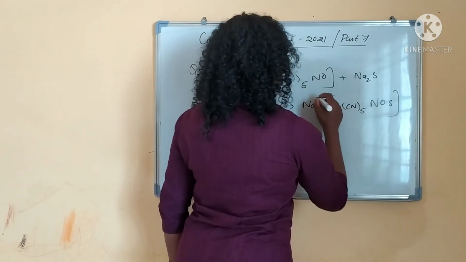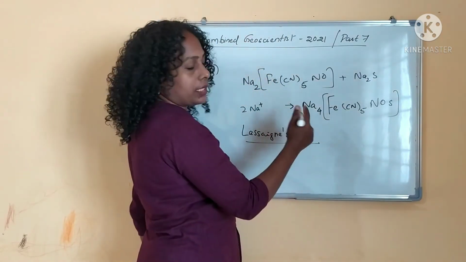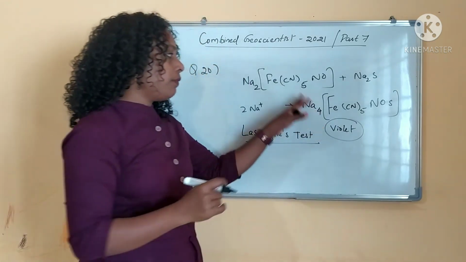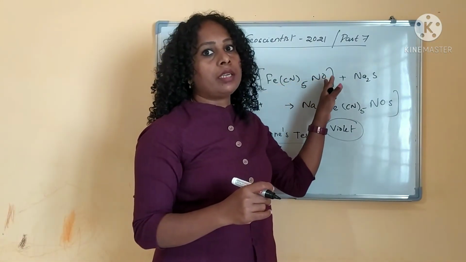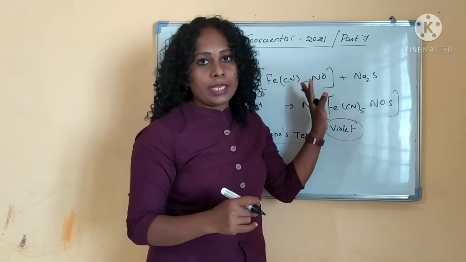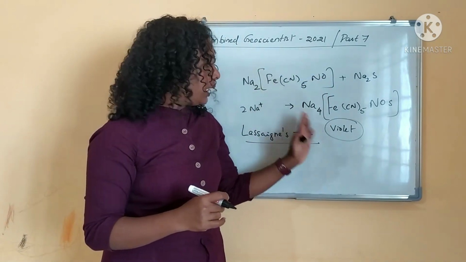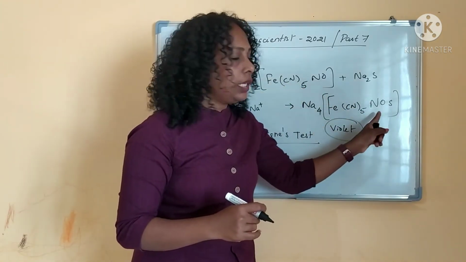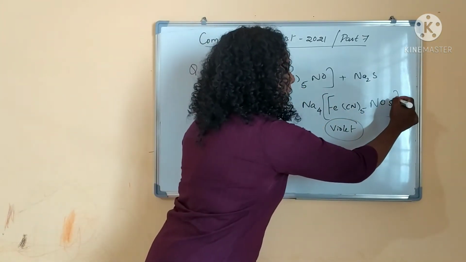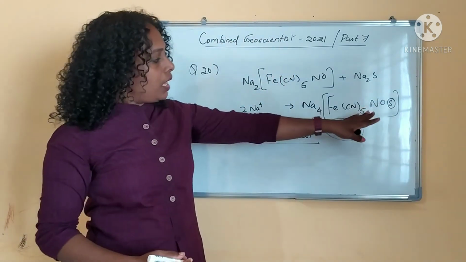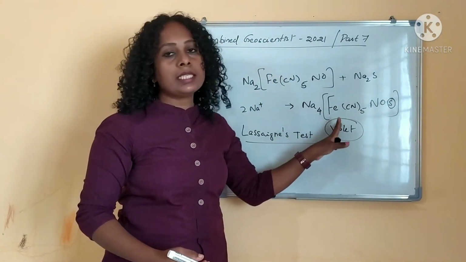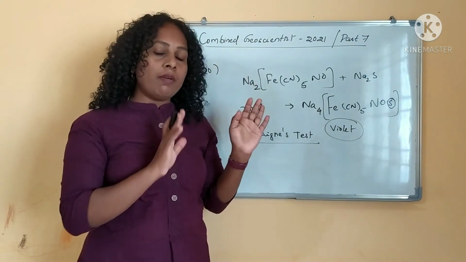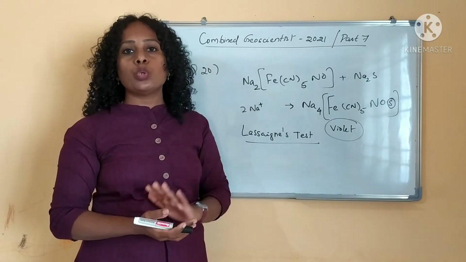Okay. Sodium thionitroprusside is violet in color. The sodium nitroprusside is orange color or brick red color, I'm not sure, and that will be converting into violet color. Sodium nitroprusside will be converting into sodium thionitroprusside, one sulfur will be added. That is the conversion. So this is the answer, option A. If you are seeing up to 27, I have already solved and kept. You can go through those videos.